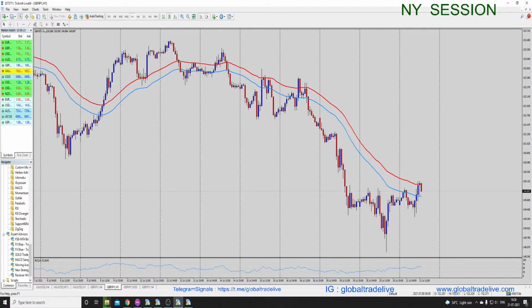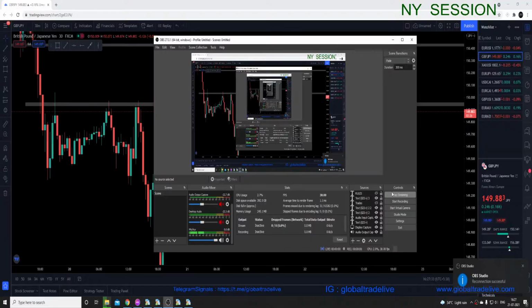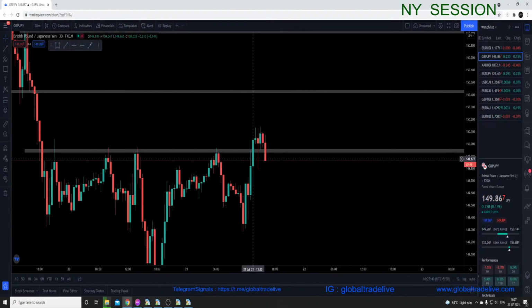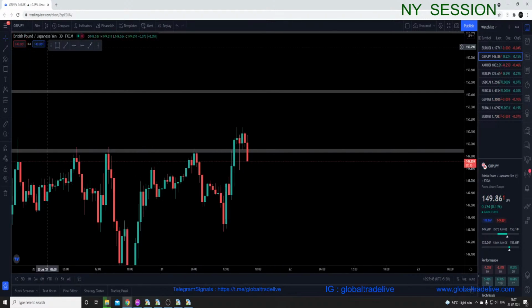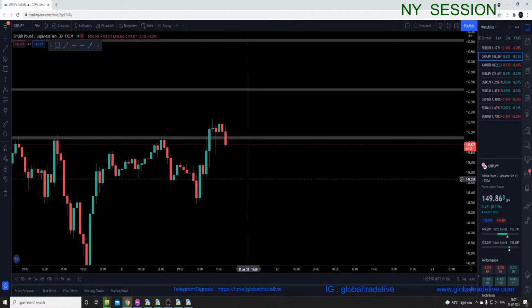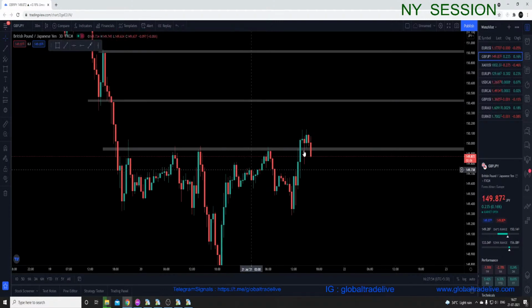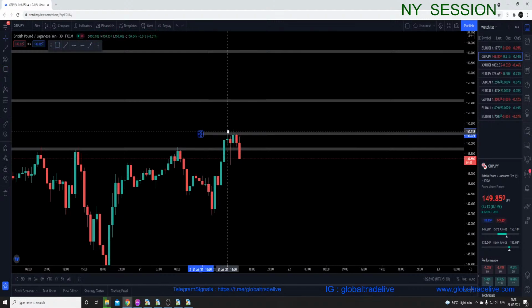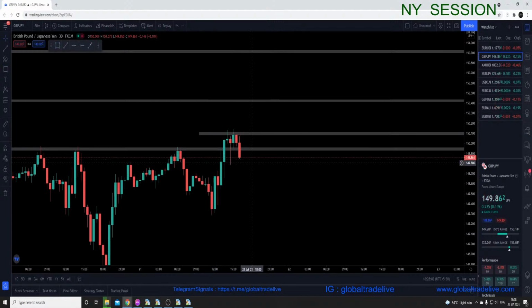In the 1 hour, what I can see, the 30-minute candle is about to close in 2 minutes right now. Let's just draw some lines. We will be having buys above this area. And right now